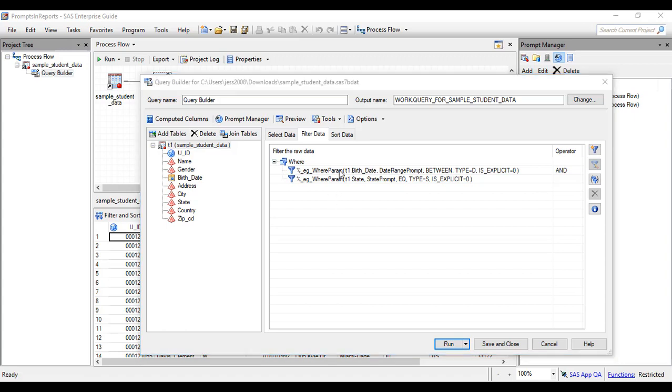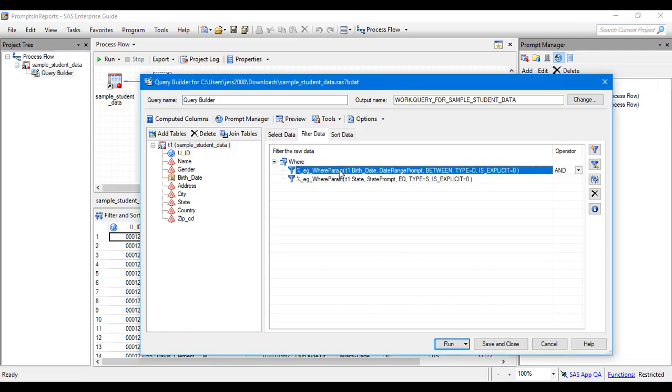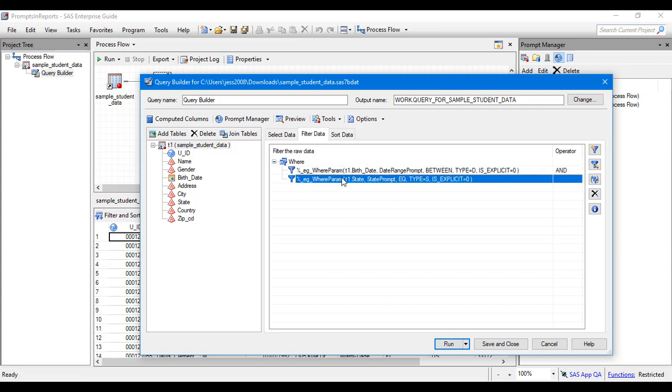The two filters we have, the first one, date range prompt, allows the user to limit the results to students born within a specific date range, and the second one, state prompt, allows the user to limit the results to a specific state. Now, normally when we run the query, we'll get a SAS data table as the output,